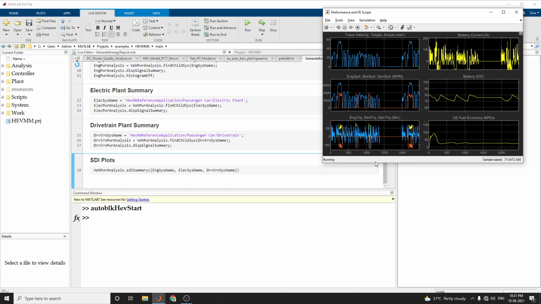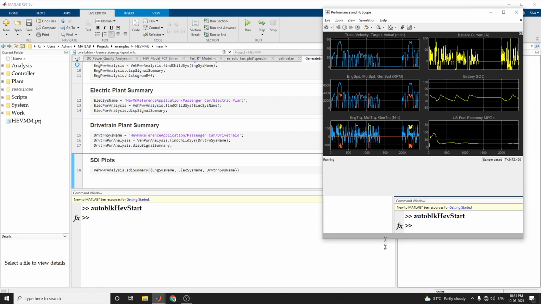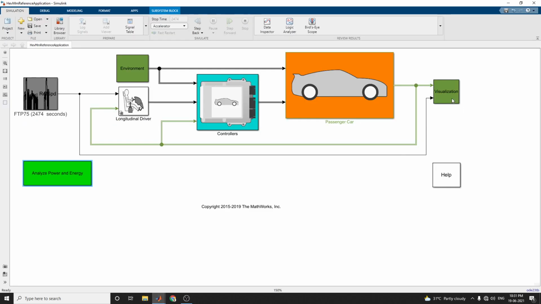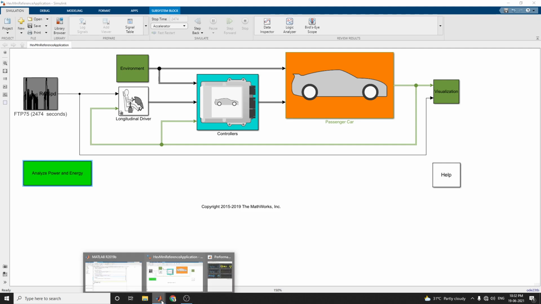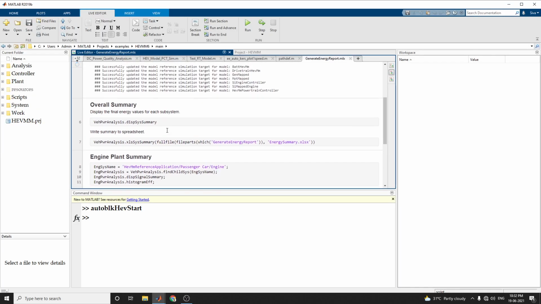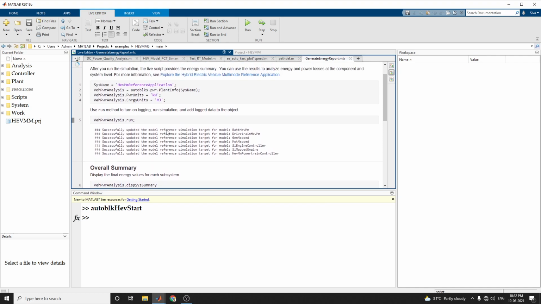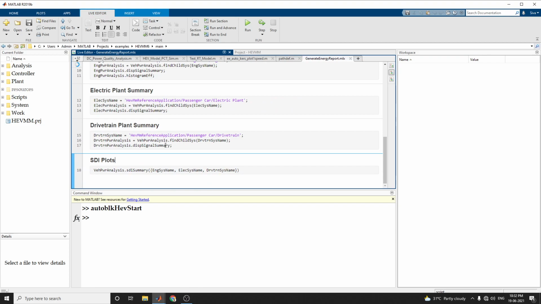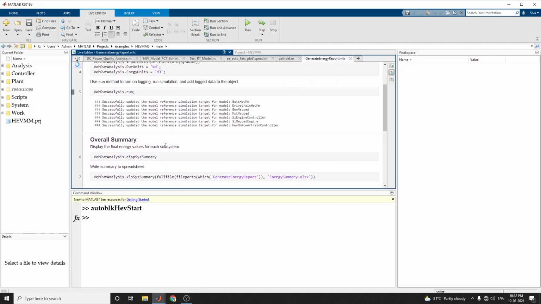Here you are seeing the trace velocity, actual velocity, engine speed, battery state of charge and current. It takes some more time to update this model.